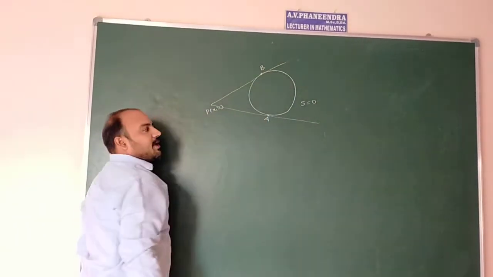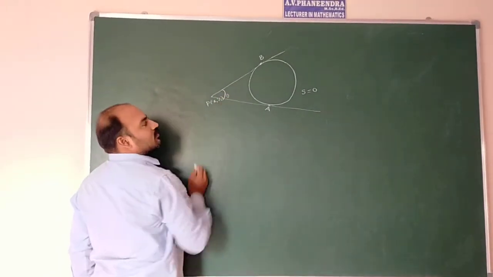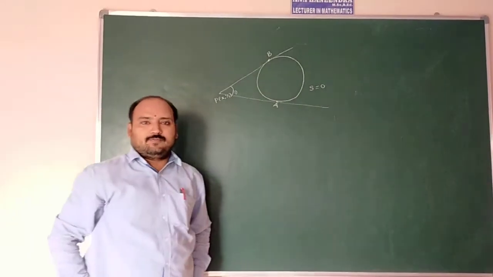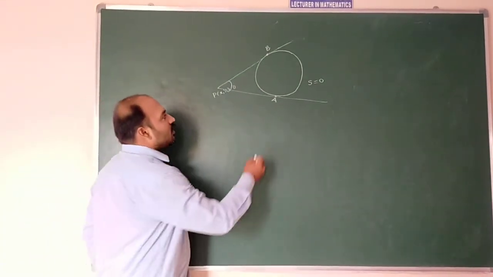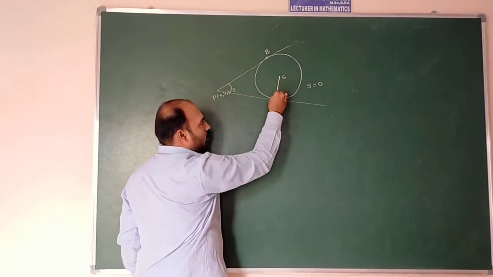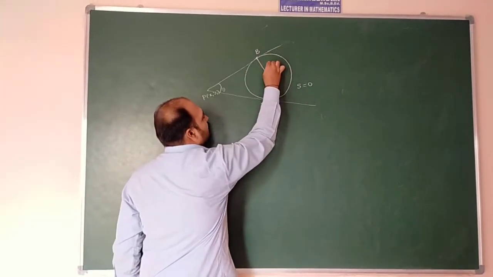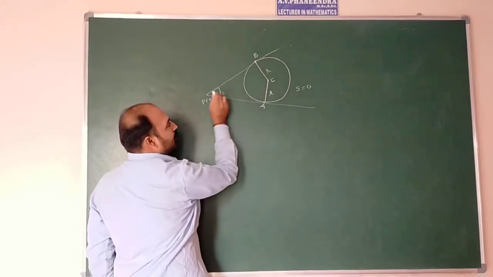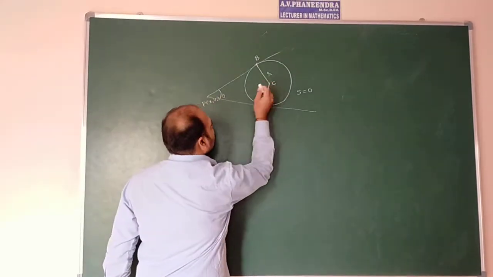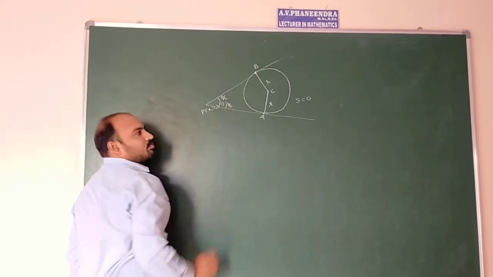Which touch at the points A and B. The angle between them is theta. Then what is the angle between two tangents from an external point? So how to proceed? Let C be the center of the circle. From here to here, we know that this is the radius of the circle. Even from here to here also equals the radius of the circle. From C to P you draw one line. This line bisects these two lines. So from here to here the angle is theta by 2, and from here to here the angle is theta by 2.